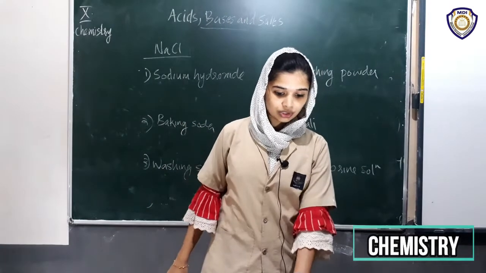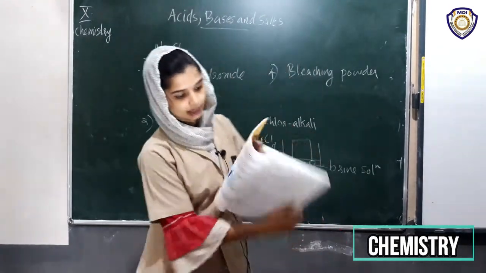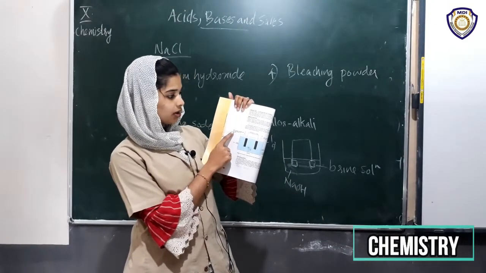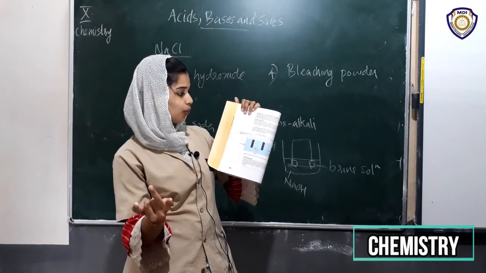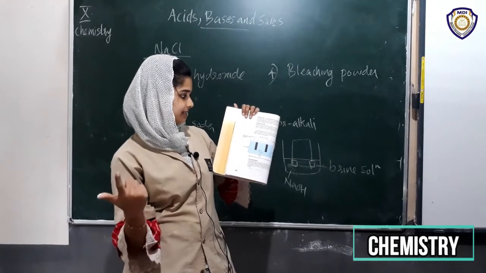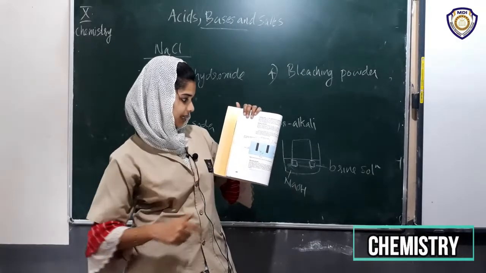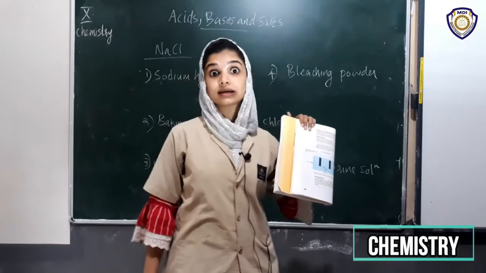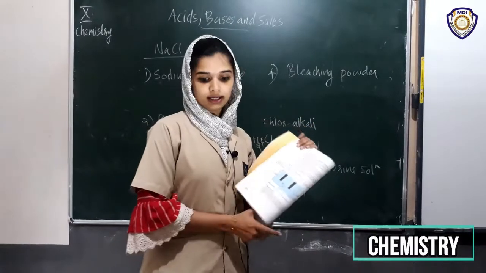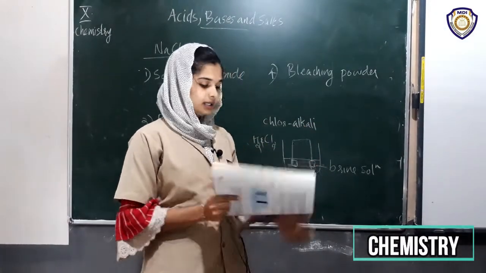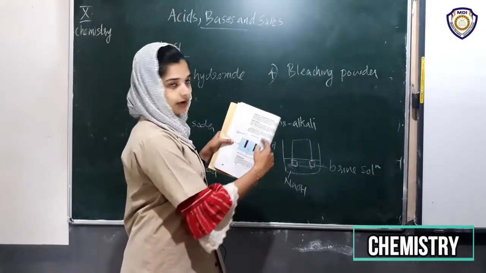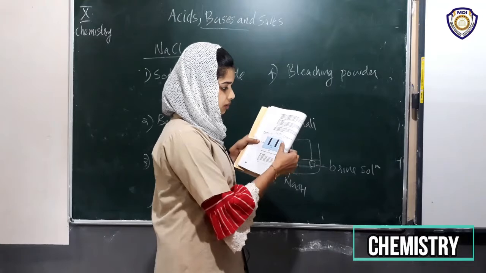What are the uses of these products? It is given in your textbook. Take page number 30. Chlorine is used for water treatment, swimming pools, PVC, disinfectants, CFCs, pesticides. It is used to produce these chemicals, and for water purification and swimming pools to purify the water. Then the uses of H2. It is used as fuel.